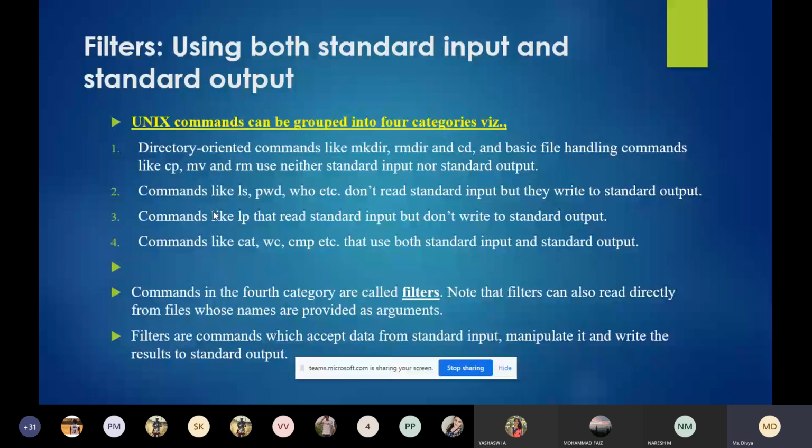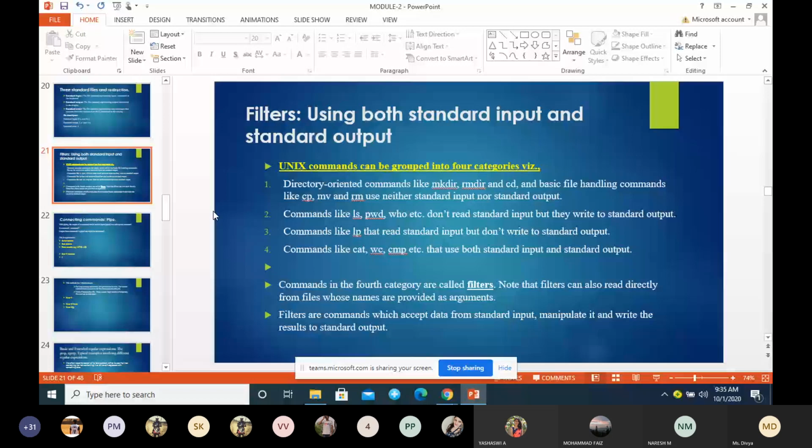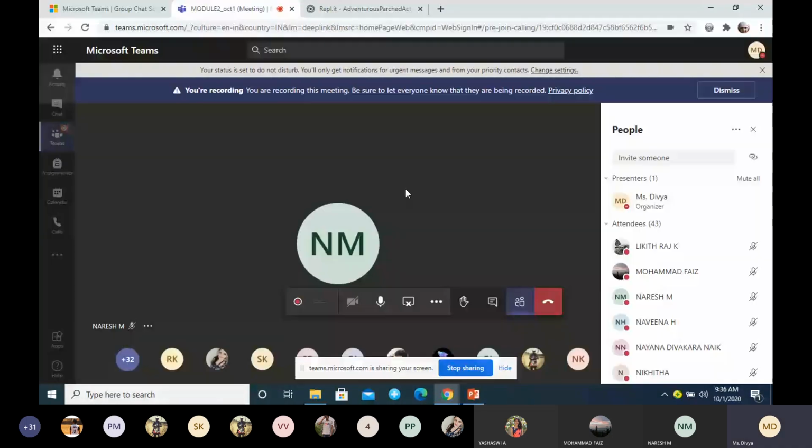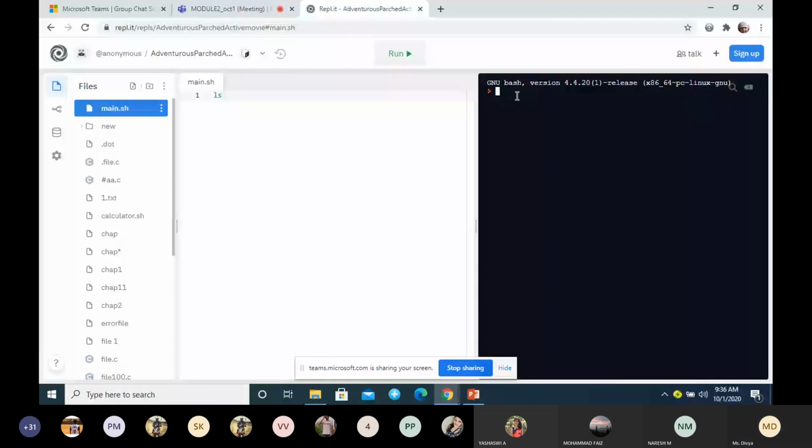Let me give an example. If I give wc less than 1.txt greater than chap11, what will this do? Can anybody tell me? Here we have both standard input and standard output, both redirection symbols. The wc command makes use of both, so this is an example you can give for filters.